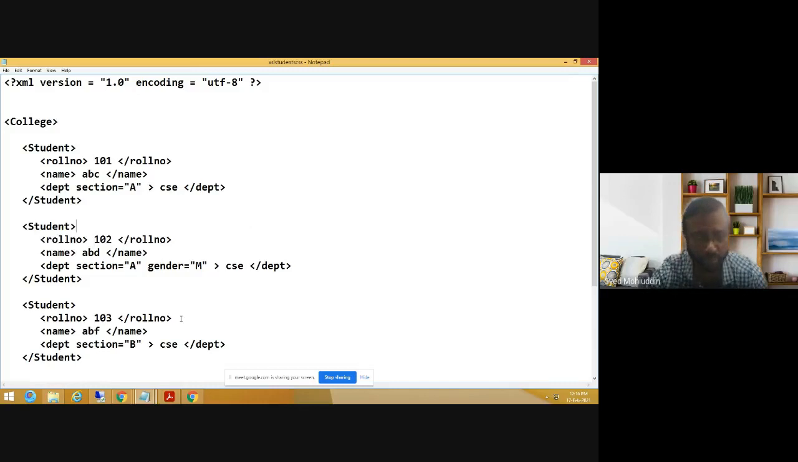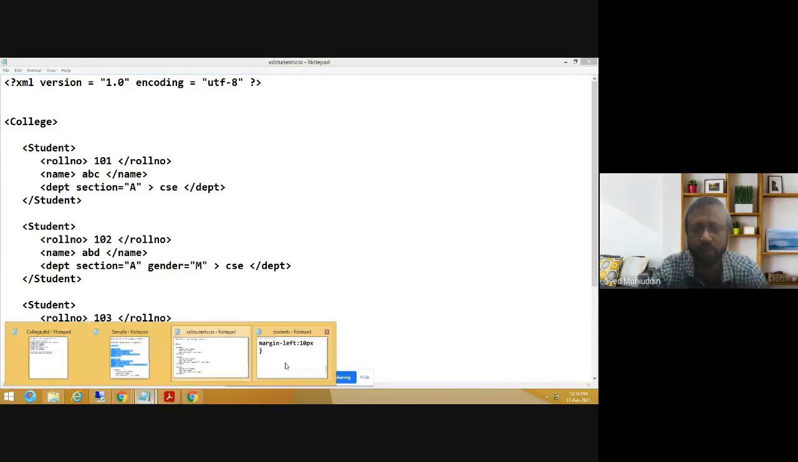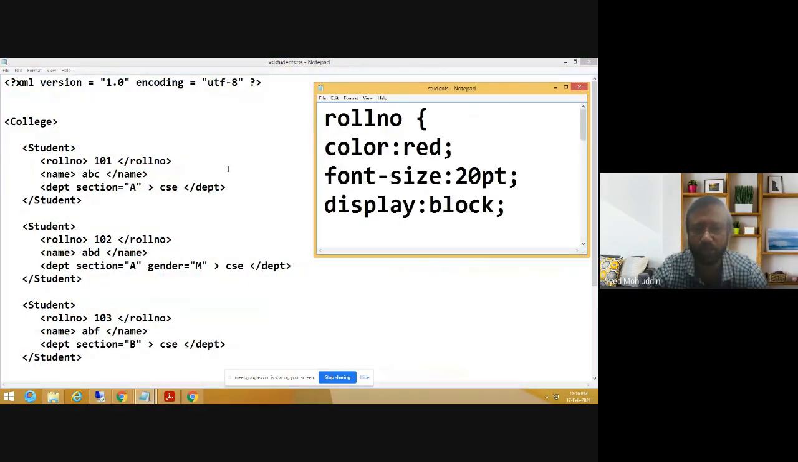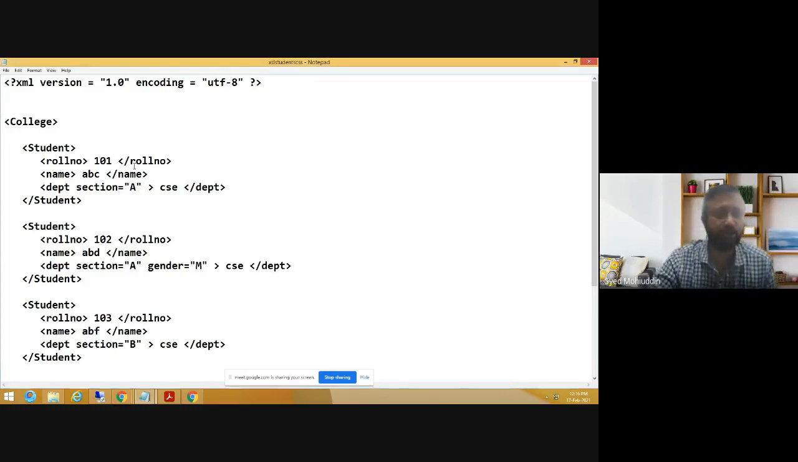Now what we say is, we will display the contents of this XML document using CSS. So here, this XML should know which CSS to use. So that is why